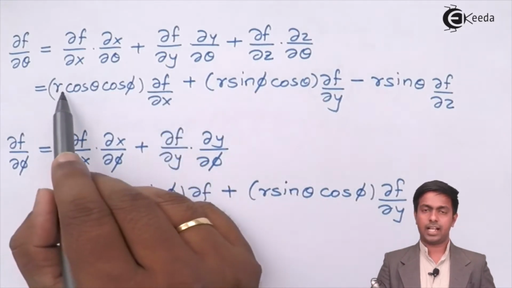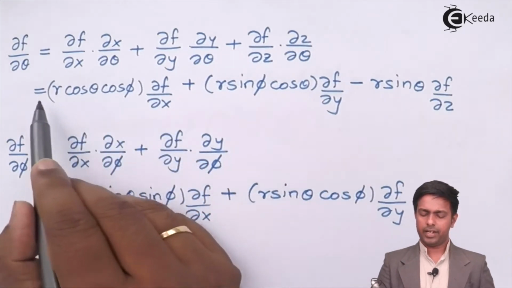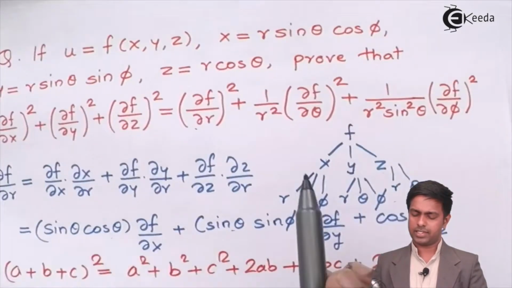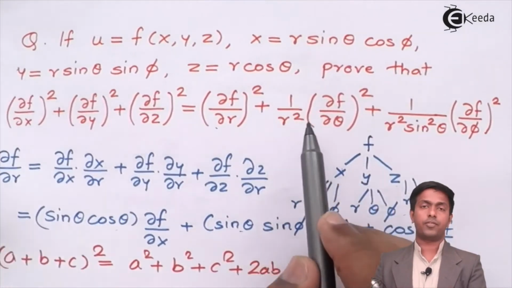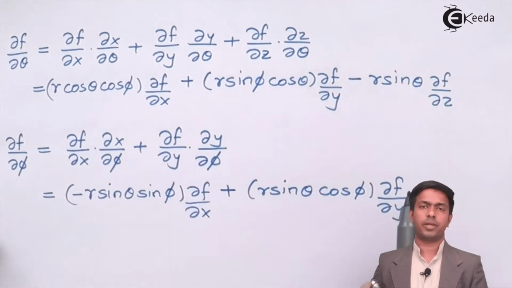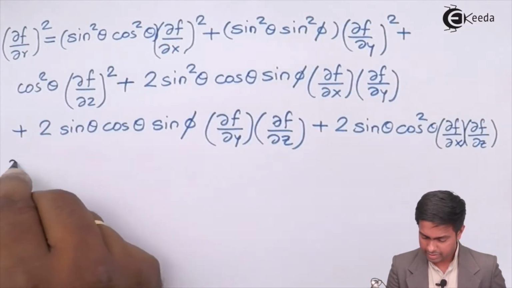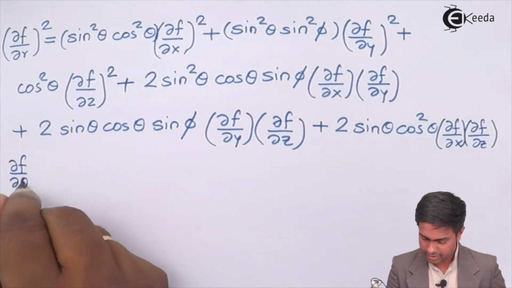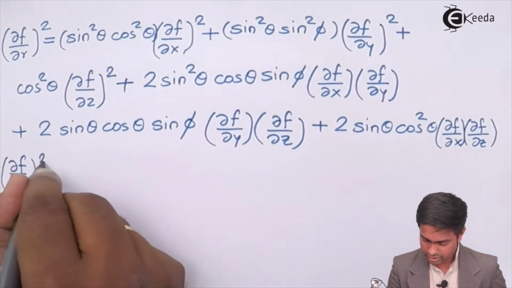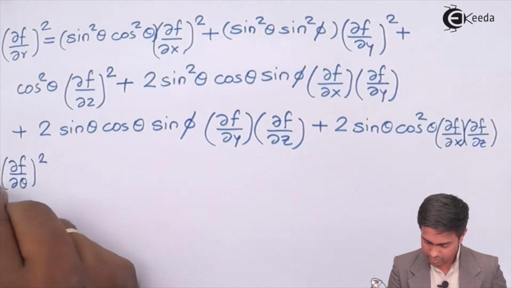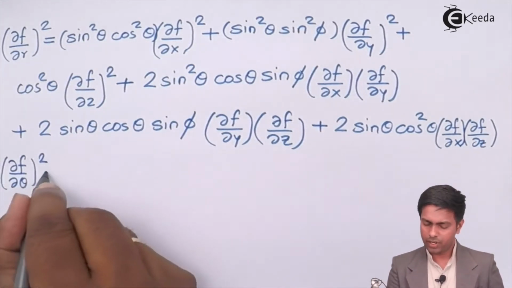Now guys, here we are getting r square, and if I multiply it with 1 upon r square because it is given, the r square will be cancelled. So we will get for del f by del theta the whole square into 1 upon r square, here we will get